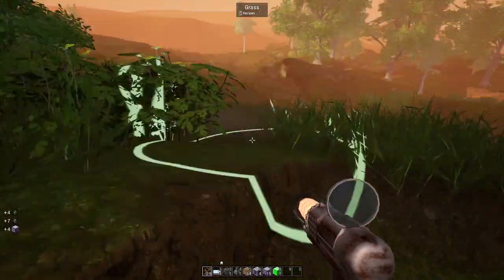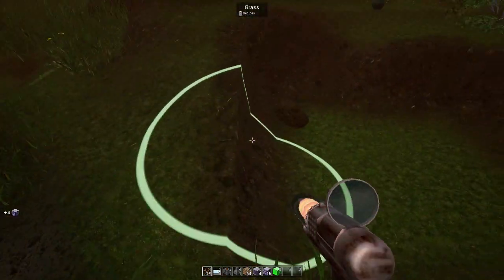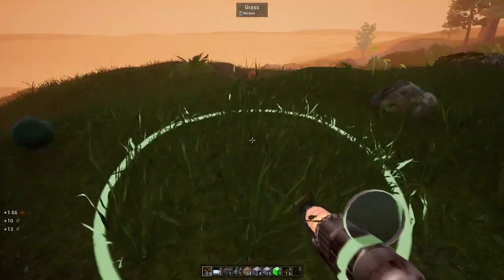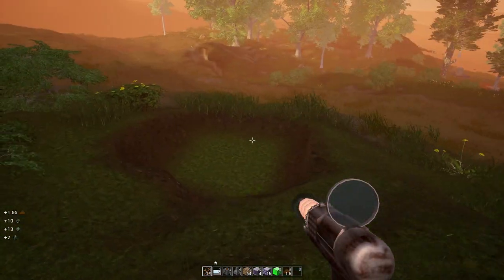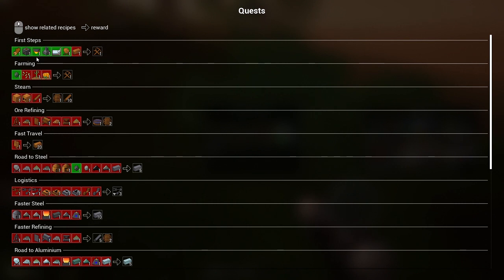I also changed something in my settings, so it's a little smoother. I'm hoping this is because it's early access that it's doing that. It's not my settings, because they're already set pretty low for this at the moment. But we should have this thing done here in a moment. This quest, at least. We just need to throw a...